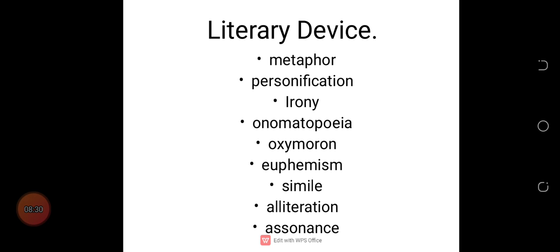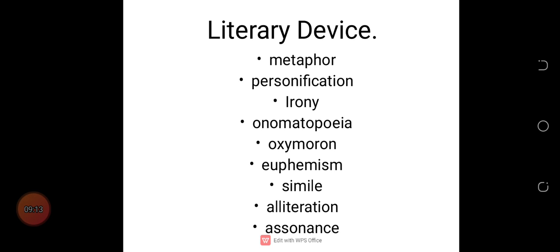Then we have simile, the use of it also compares. It compares two things that are not really alike. But what happens is that this one uses the words "as" or "like". Okay, so example, "she is as beautiful as the sun." That is simile. "Mama is like a sunrise." We have Mama being compared to the sun, or the sunrise.